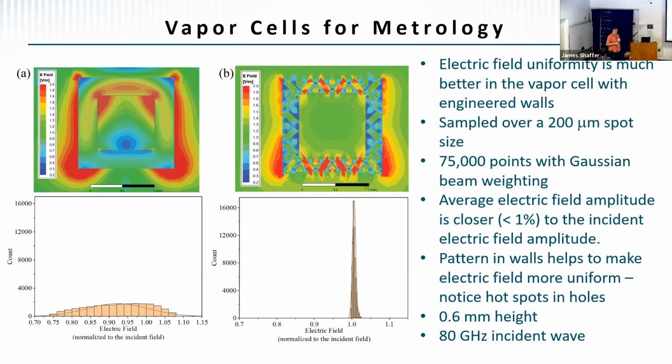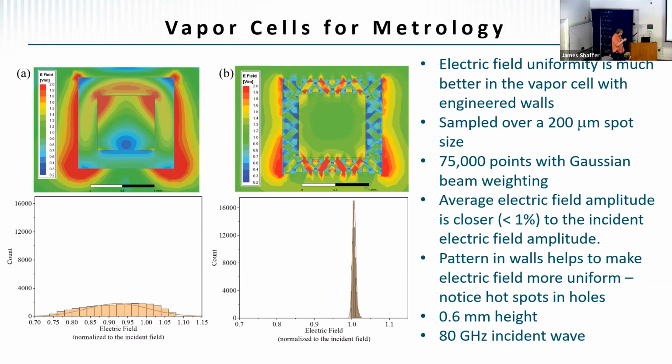solid walls. And so this is a finite element calculation. And there's 2 things that this cell is better about. There's a plane wave incident from the top here on both of these vapor cells. You can see that inside this one, there's a lot of structure to the field. It's not uniform at all, which is bad for a metrology measurement. Here, the field inside is uniform. This partially has to do with how these holes are cut from their shape. But also,